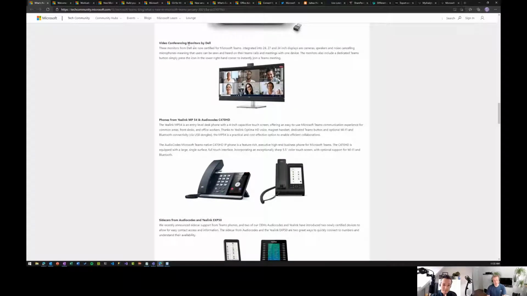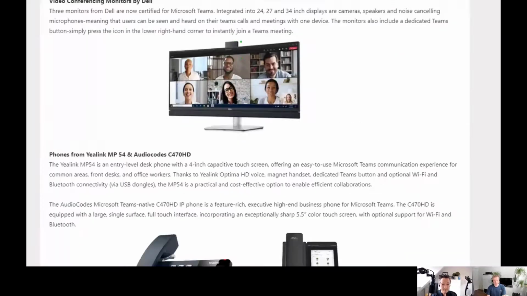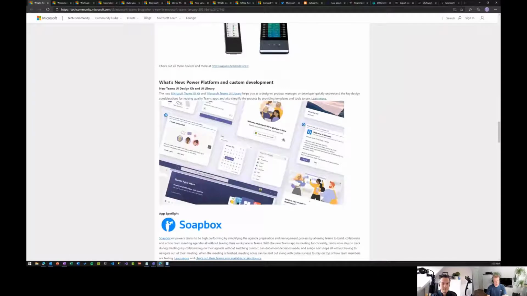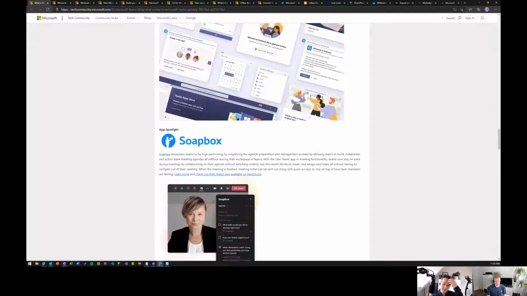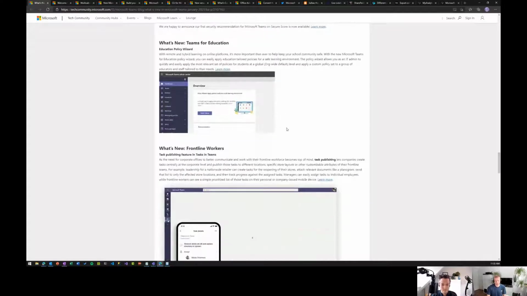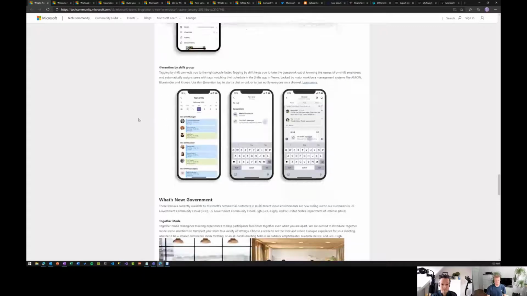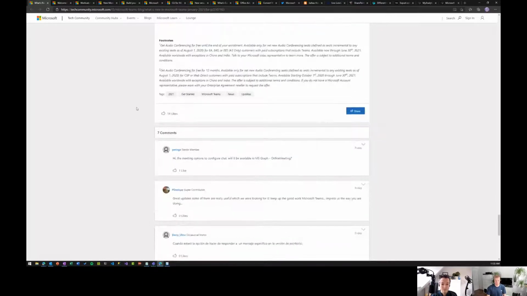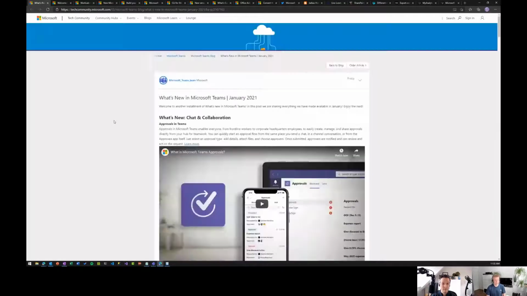And this one was really cool, the video conferencing monitors by Dell. So basically having that one over there, that's really cool. And on devices, this one is a really important thing from the last month. We covered that in PnP Weekly already a week ago, but basically Microsoft Teams UI Kit and Microsoft Teams UI Library. So controls which help you make solutions more aligned with the Microsoft Teams look and feel. Teams stuff, a lot of other stuff here as well. A lot of announcements and together mode and all of that. So really, really cool to get monthly summaries on that.